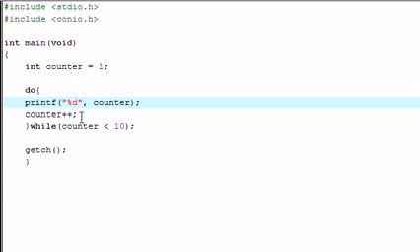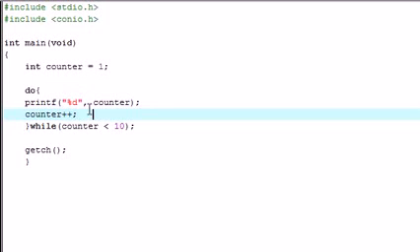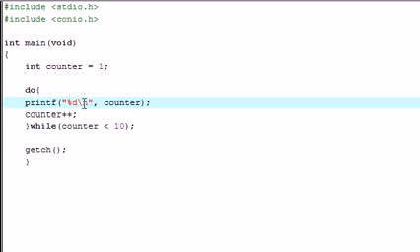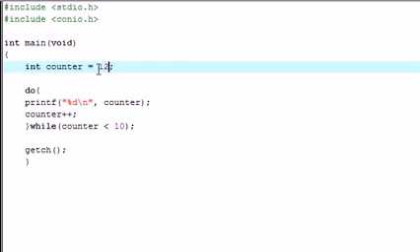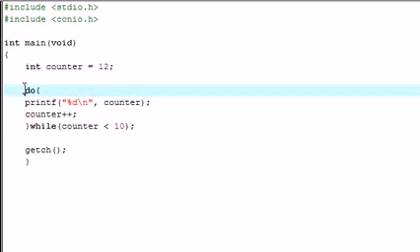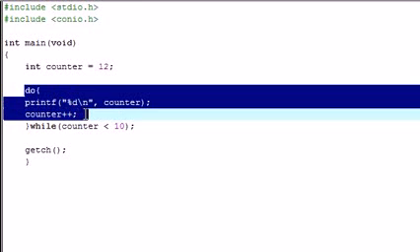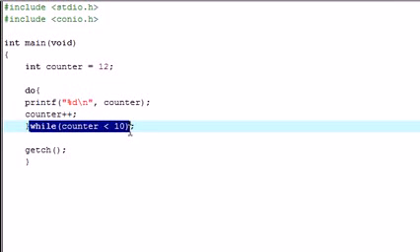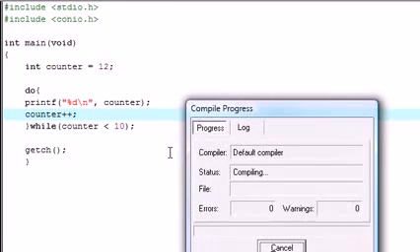And if you're saying, alright, this is pretty much the same thing as a while loop, well, you're right and you're kinda wrong. In this case it does the exact same thing, but I want to show you guys the main difference between a do while loop. Say the counter is 12, which is greater than 10. So if we had just a while loop with this test condition, it wouldn't run at all. But since we have a do while loop, it's going to do this at least once, and then it's going to check for the test right here, and it says, alright, this test is false, so I'm not doing this anymore. So let's go ahead, compile and run this right here,